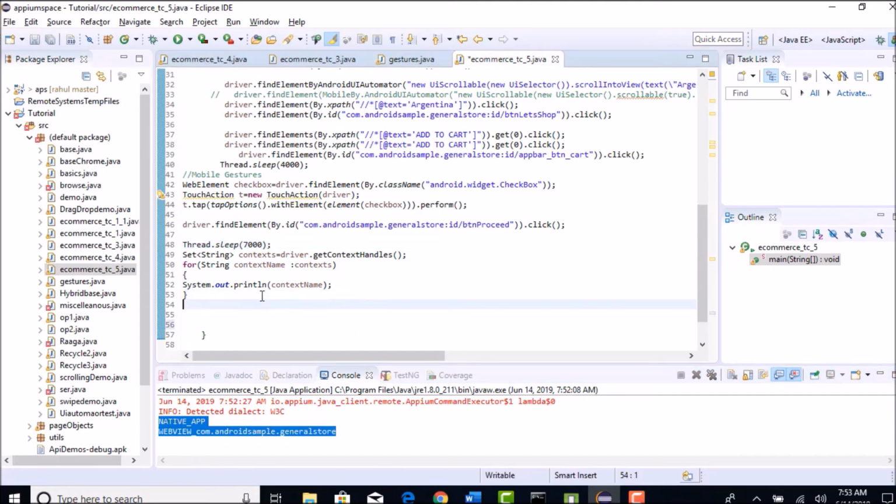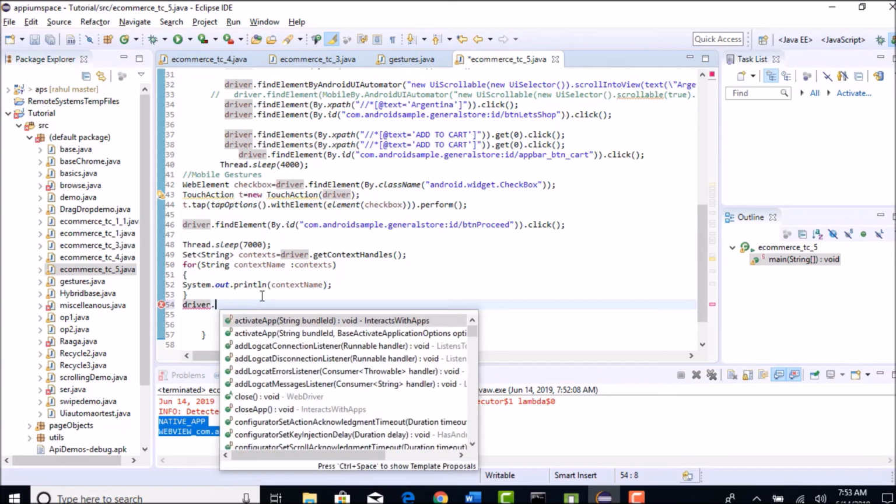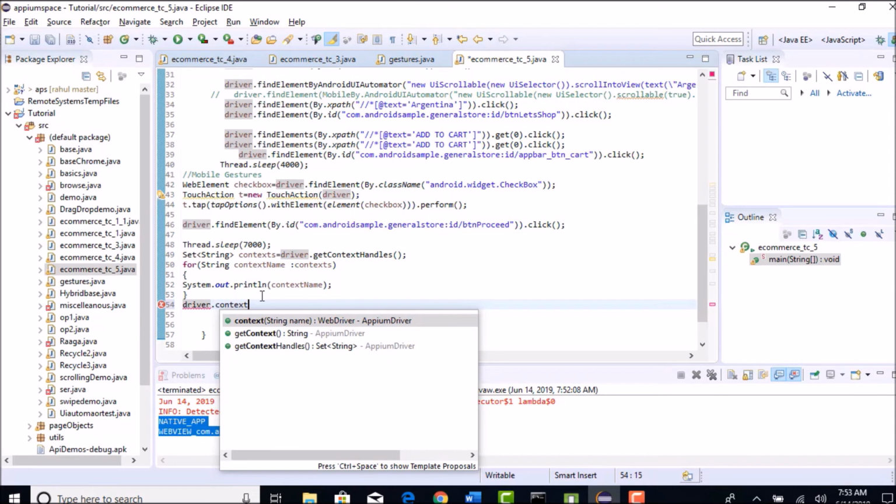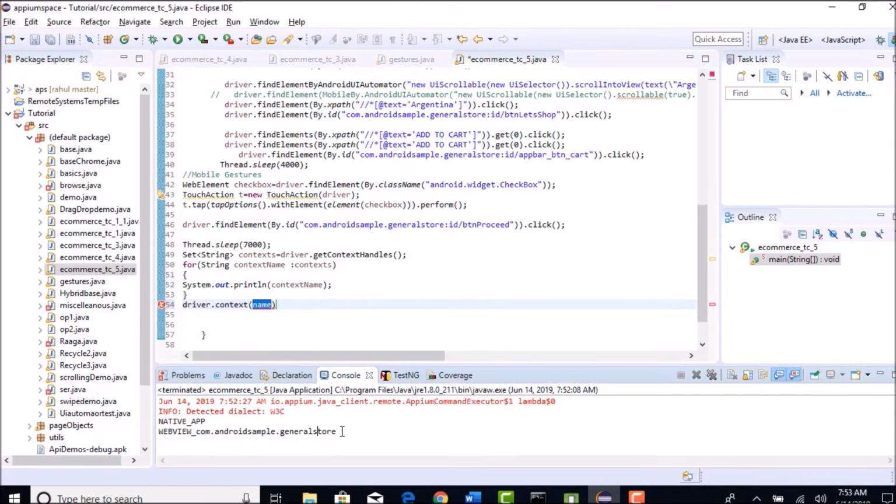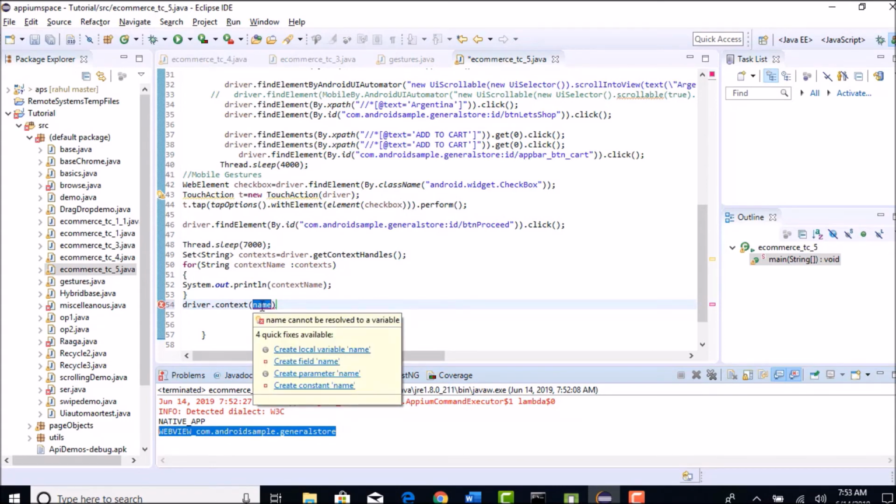Now if you want to perform any operations in web, you can safely do that with Selenium, but only after you deliberately tell your Appium that I want to switch to the context of this web view. Copy this carefully and put it here.